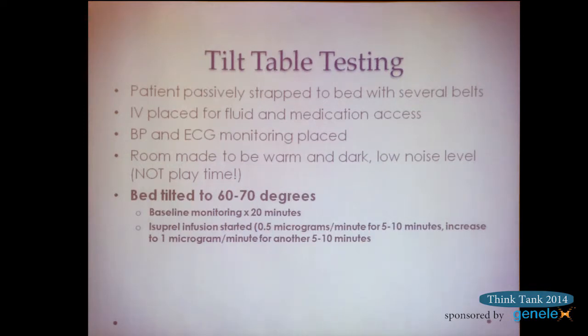And we use isoprel in regular electrophysiology studies. The patient is somewhat awake. If the patient is moderately sedated, that's the one thing that wakes them up, the sensation of their heart pounding like crazy, and it's uncomfortable. So when they're strapped to a bed and their heart is racing and their blood pressure is slightly lower, it's a horrible feeling. Even if they don't feel dizzy at the moment, it's just uncomfortable. And so we start with a low dose for about 5 or 10 minutes, and then we increase it at the last stage, and then we're done if the patient's made it that far.